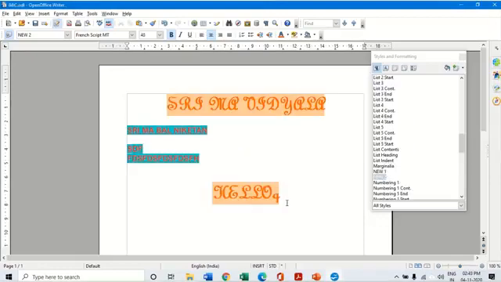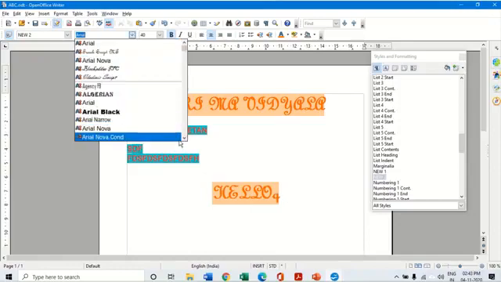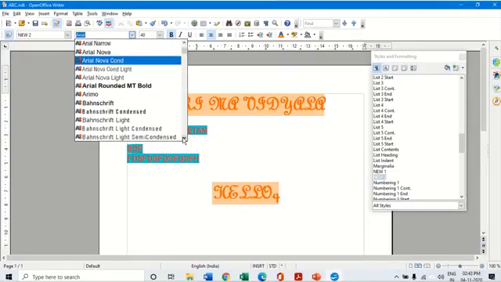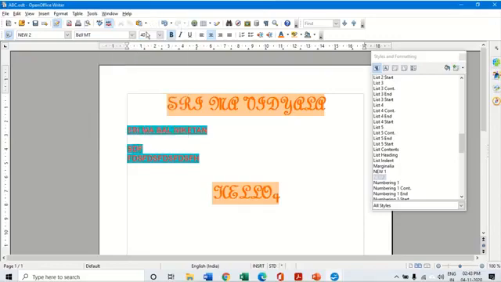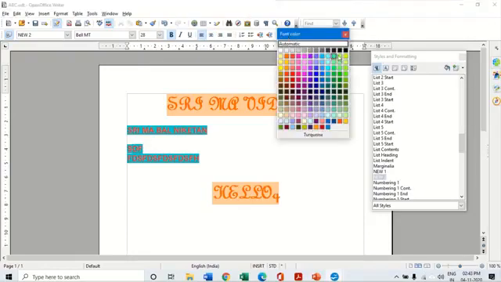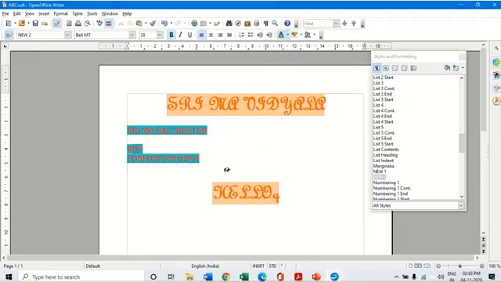Let us create a new style and then use the drag and drop method to create the style. So let me go here and create a new style. I'm going to select the details, size 28, keep it left aligned, and maybe some particular color for the font, and no highlighting, that's all.